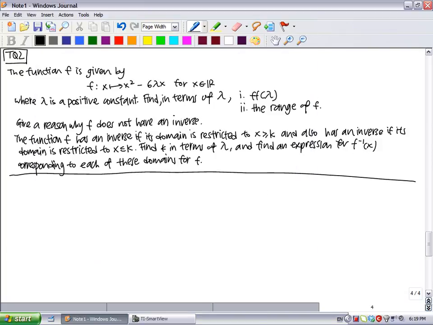Okay, tutorial question 2 gives you f(x) equals x squared minus 6 lambda x, and you are supposed to find f f lambda. Now what does this f f lambda mean? It is actually just a composite function. You're doing f 2 times. So first, before you can find f f lambda, you need to find what is f f x, and it's again just doing f 2 times, so it is